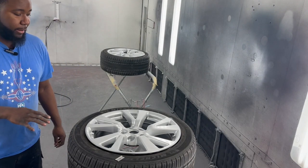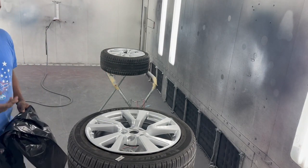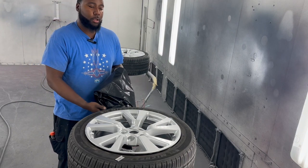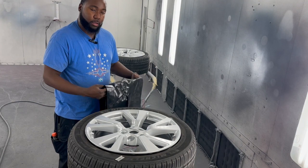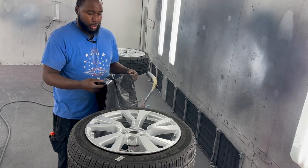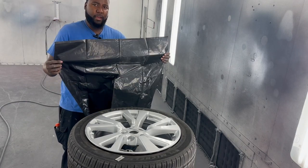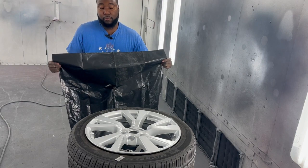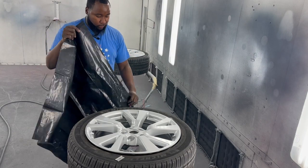So we're going to go in a little more depth with this one here. If you're strapped for cash, if you don't want to buy that big old blue roll of the masking paper and plastic and all that, you can go to Home Depot or Lowe's or something like that. You can actually get these big garbage bags here, and I think they're about maybe 20 some bucks, or you can just get a regular garbage bag if you want to. And the key is going to be with this